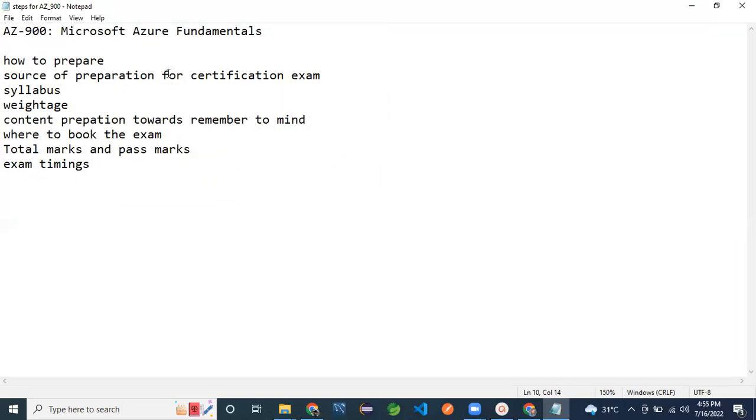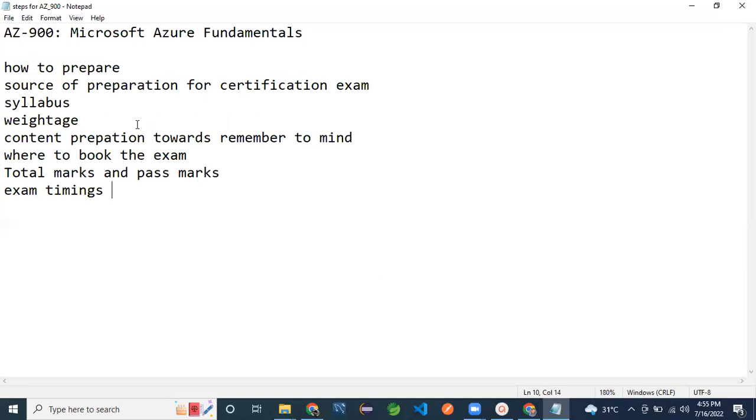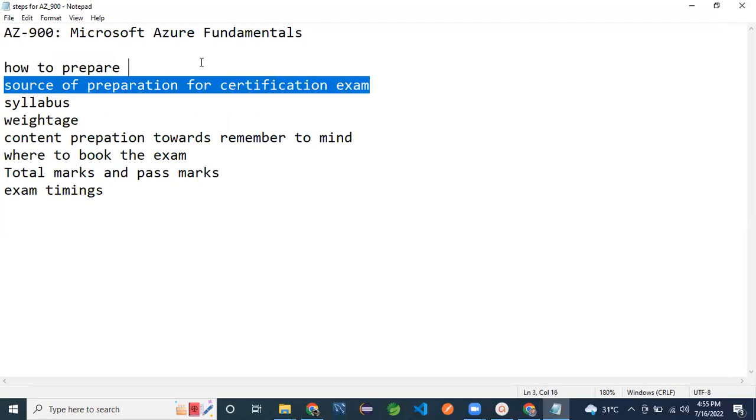Okay, first of all, how to prepare? First of all the content, how to prepare, and sources for the preparation of the certification exam.